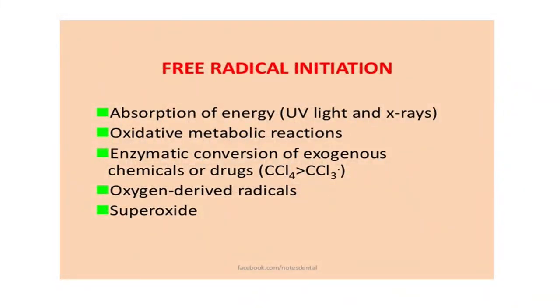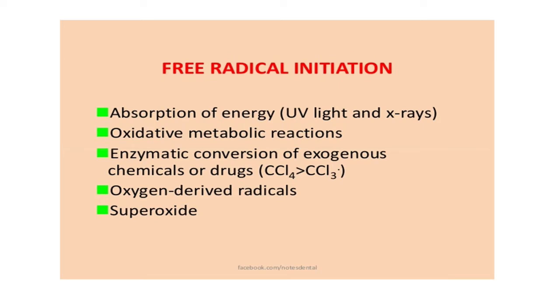We call something free radical initiation. When we talk about free radicals, we're looking at a molecule, or let's say another source, which may have an unpaired valence electron. Free radicals are most of the time unstable molecules that can damage the cells in your body. So there are certain molecules that are found within the cell.